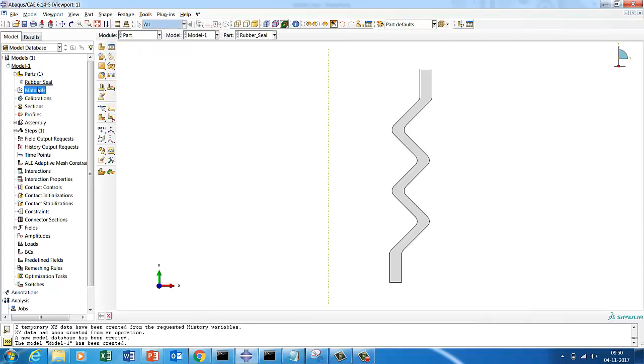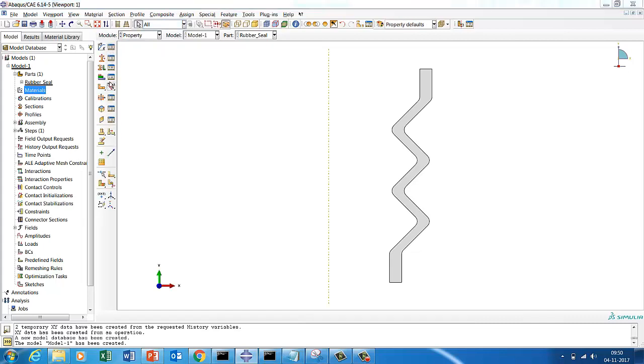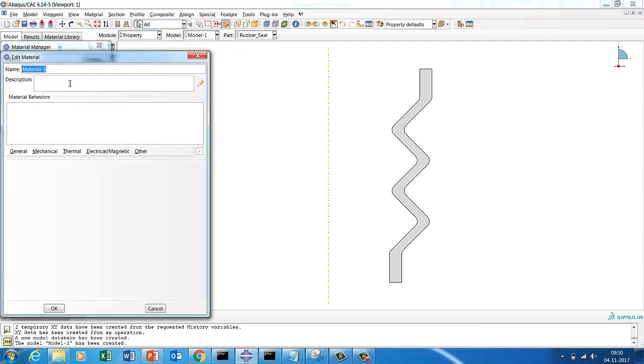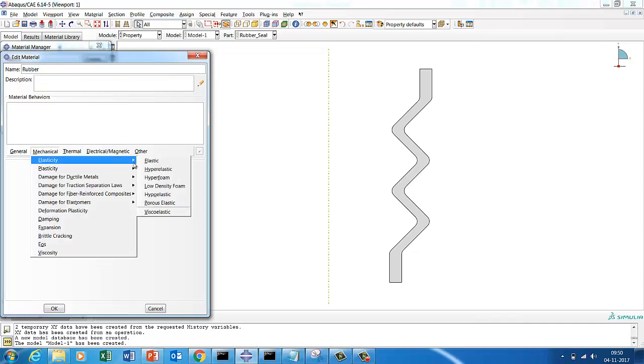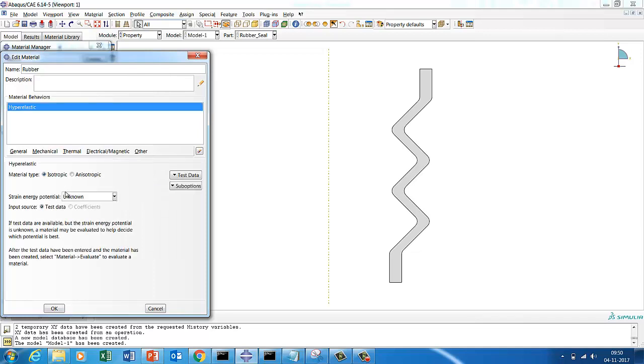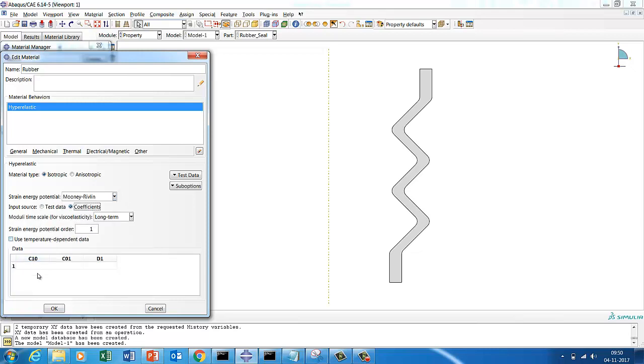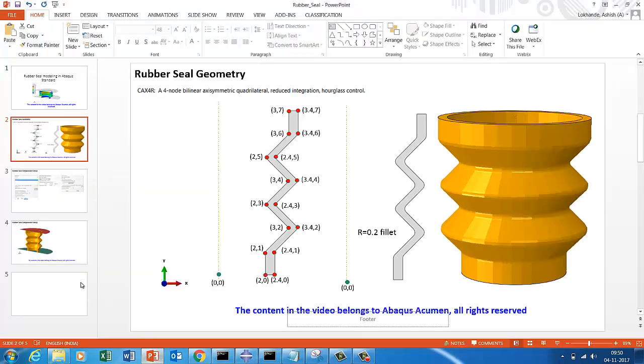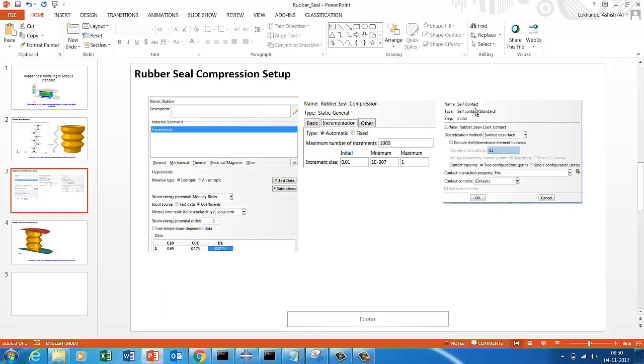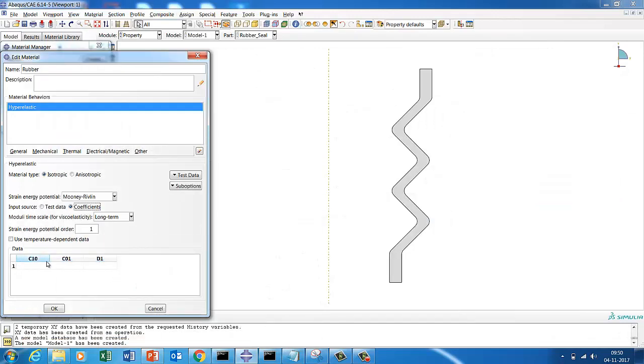We'll create a material property now. Now the material will be rubber. You go to mechanical, go to elastic, you go to hyperelastic, and if you can, do a test data evaluation. In case you don't have it, we are going to do Mooney-Rivlin. We are going to use a coefficient. So the coefficient is like, we'll use 0.69. This I already evaluated, so it's easy for you. 0.69,